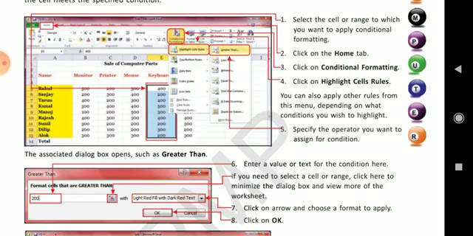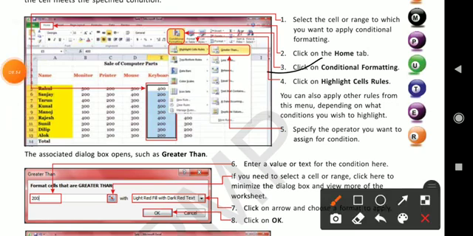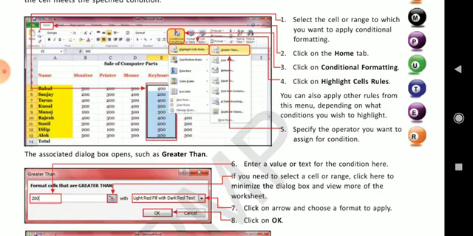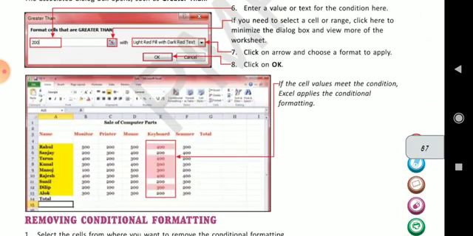Under the heading Highlight Cells Rules, click on Home tab, Conditional Formatting, Highlight Cells Rules. Like, it has been selected greater than. A dialog box will appear, and in that you put the value, and after that the cell will change according to the condition.